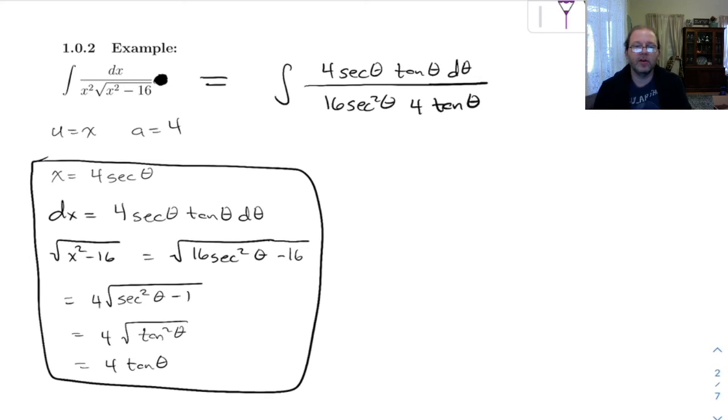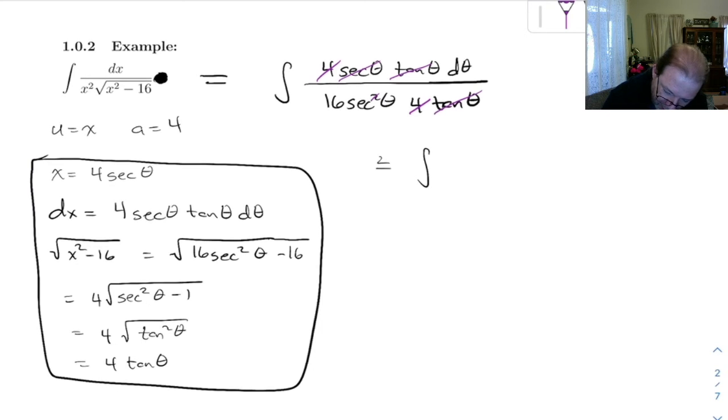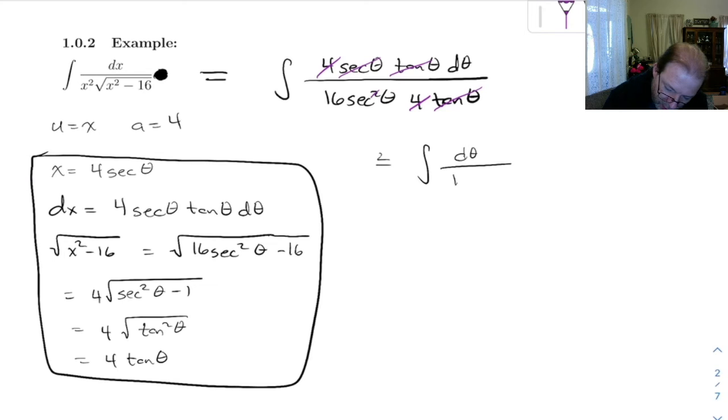All right, so now we've done all of our substitutions. We've just got to simplify and then deal with the integral that's left over. So let's see, I can cancel some of this. The 4's will cancel. This tan cancels with that tan. This secant cancels with one of those. This turns into actually a really nice integral, because we get the integral of, let's see, nothing's left on top except d theta. And on bottom, we're left with 16 secant theta. Well, I can pull that out front and have 1/16 integral of